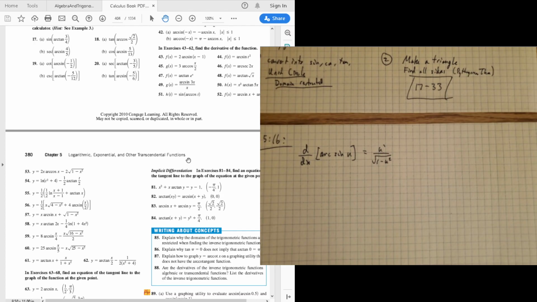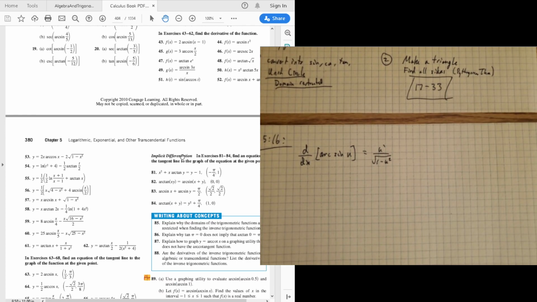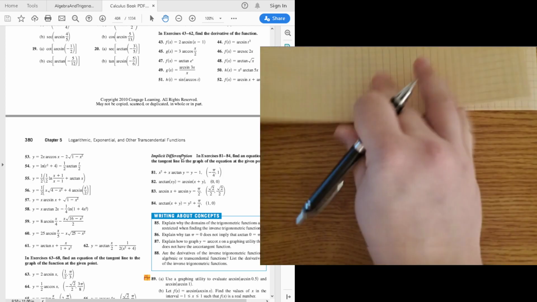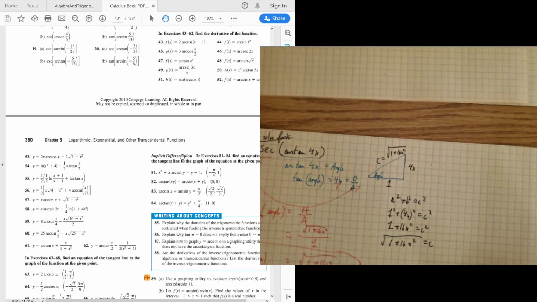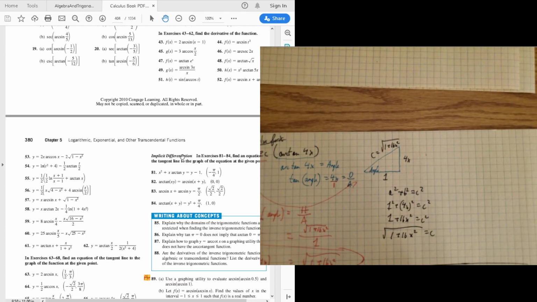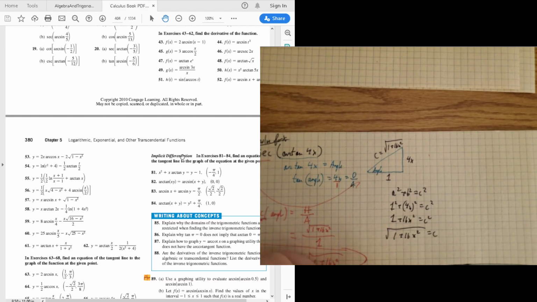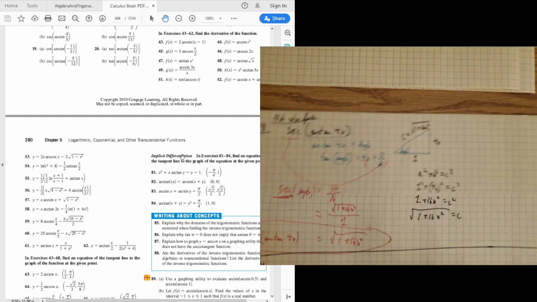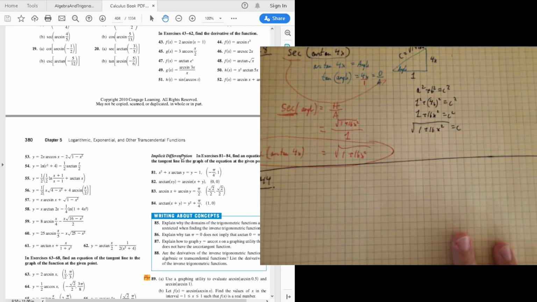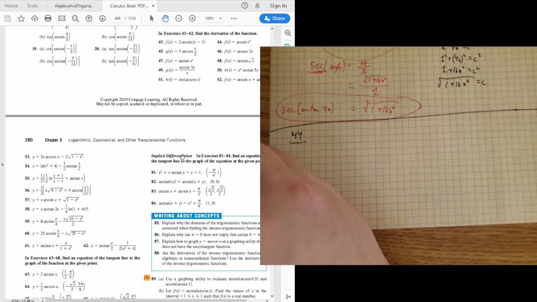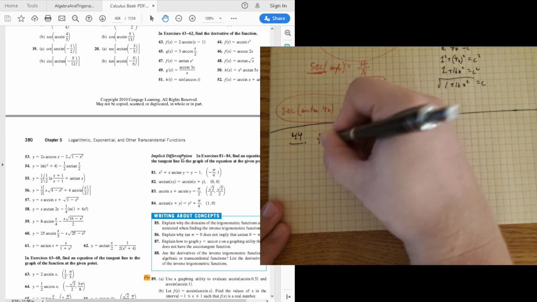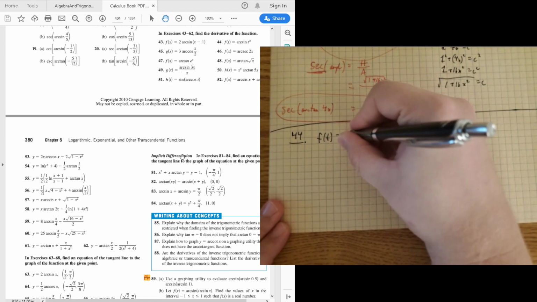So let's talk a couple derivatives before we finish today. Let's look at a few more problems. I'll reference back to that page quite a bit because I don't have these memorized, and I don't require you guys to either. So let's look at ones like 44. Well, what does 44 say? It says we're going to find the derivative of the function, and the function in question is f of t equal to arc sine